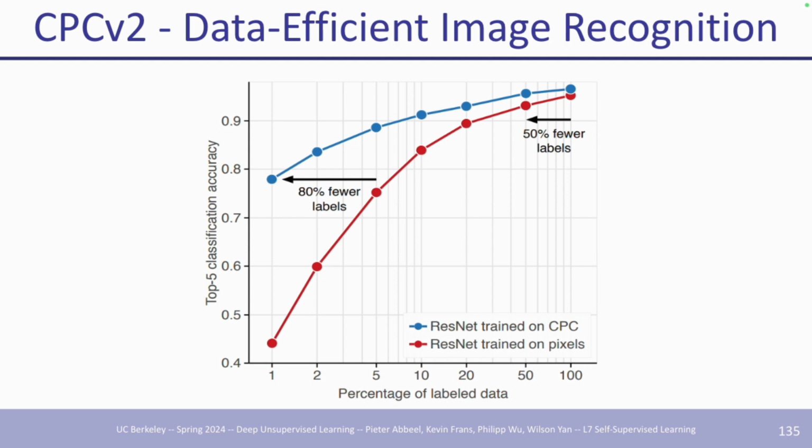So what this plot is showing is the red curve over here, which is just ResNet trained on pixels from scratch, versus this blue where you first pre-train on ImageNet, and then you fine-tune on a certain percentage of the labels. So in this case, we only have 1% of the labels. This is fully supervised. This is first unsupervised pre-training, followed by supervised fine-tuning with 1% of the data, all the